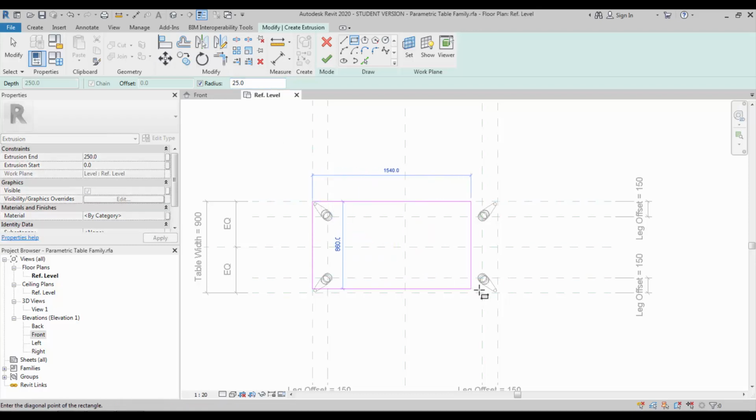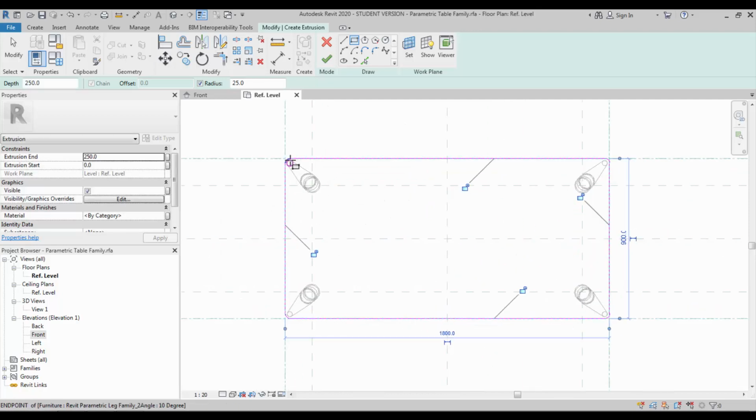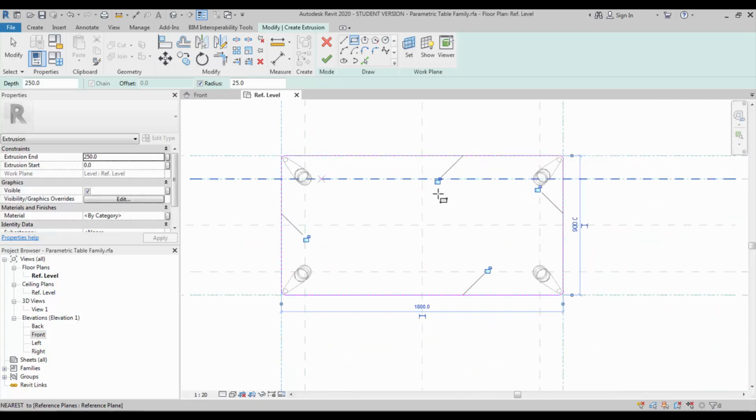You can click the corner and end the rectangle, so automatically after ending it you could see the radius, and lock all 4 corners. If you missed it, use the align command and lock it.